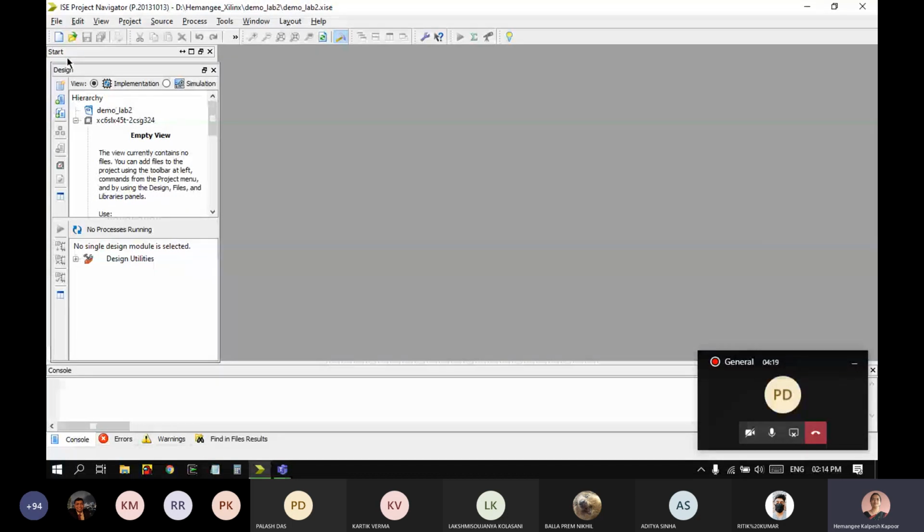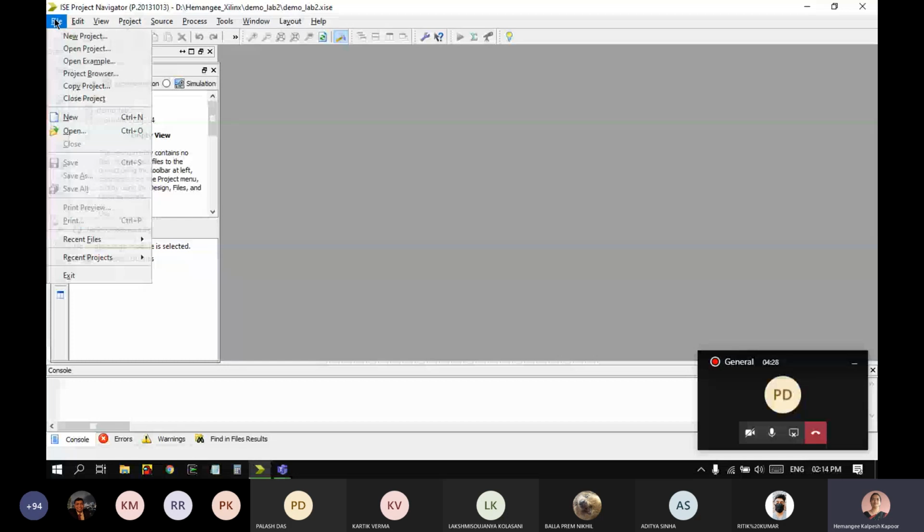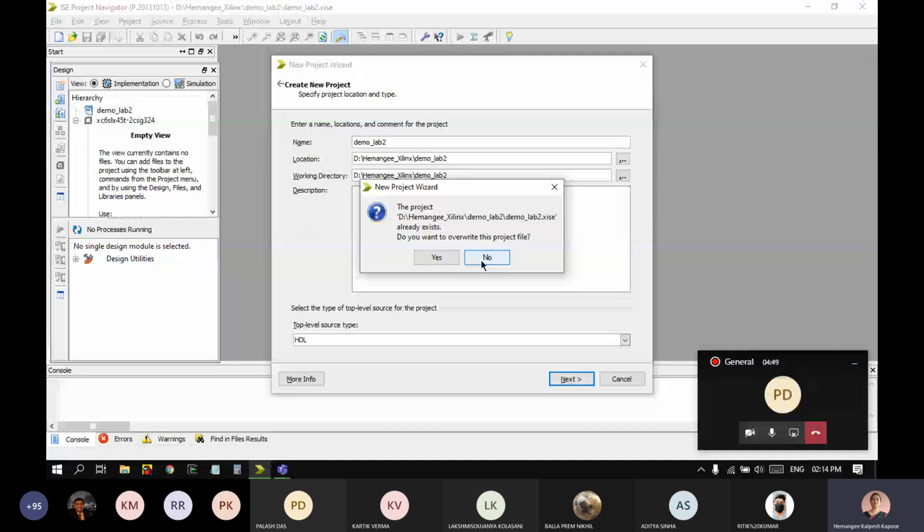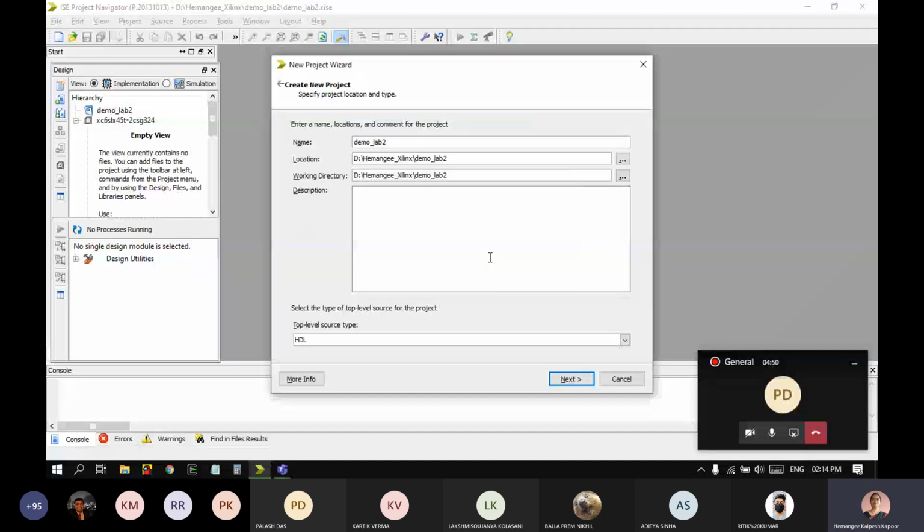Okay, so when you open the Xilinx Project Navigator, you have to go to File and say New Project. Then type your project name here. I have said demo underscore lab 2 because I want this as the name of my lab 2 project. Then just click next.